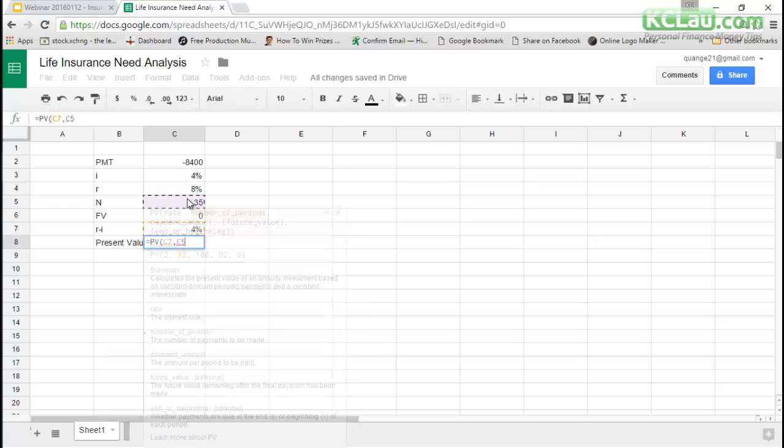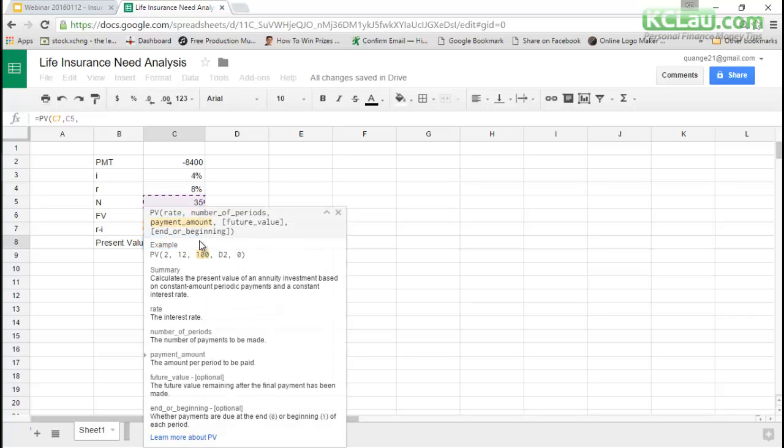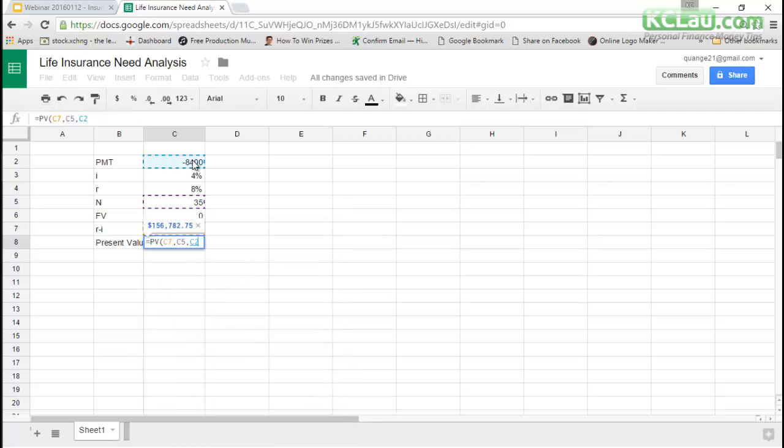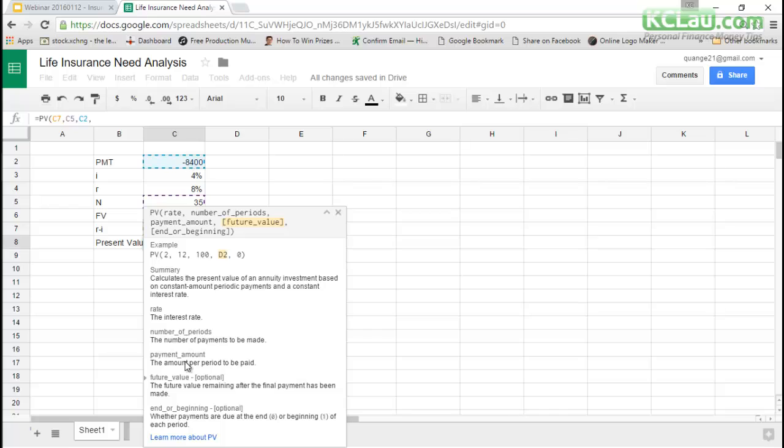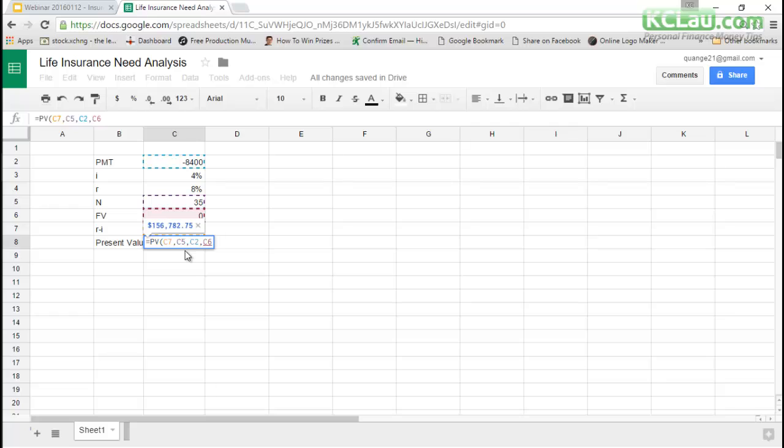It should be N. So you choose C5, and then the third is the payment amount. So how much payment is going out per year? So it's this amount, 8,400. Then you press comma. Then it's called the future value. Future value is 0, right? So you choose 0 here. So you see it's calculated already. And then we still have one more to go.